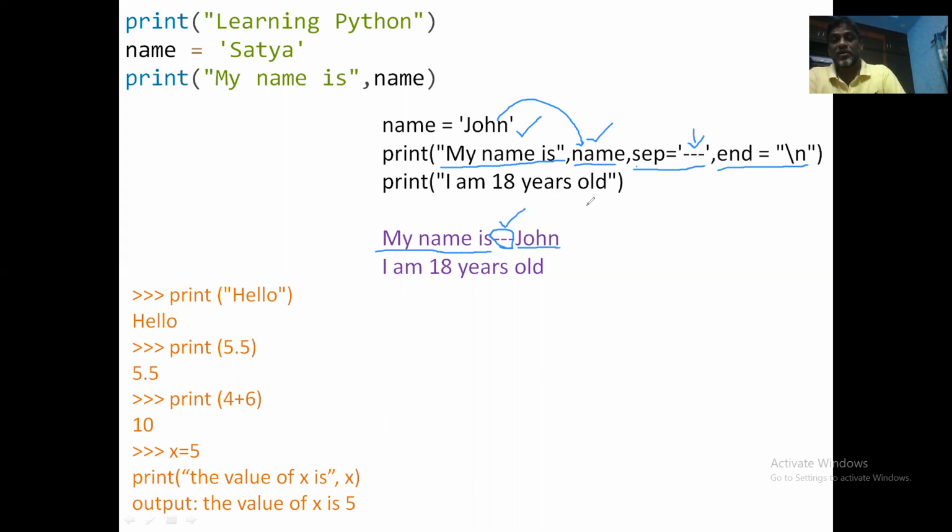And after printing this entire message, end is equal to \n we set. Therefore, \n means the new line, the control is transferred to the next line where the next print message will be displayed. The next print message is I am 18 years old. So it will be displayed here. So my name is hyphen John and I am 18 years old is the message that we are going to get. This is the output.